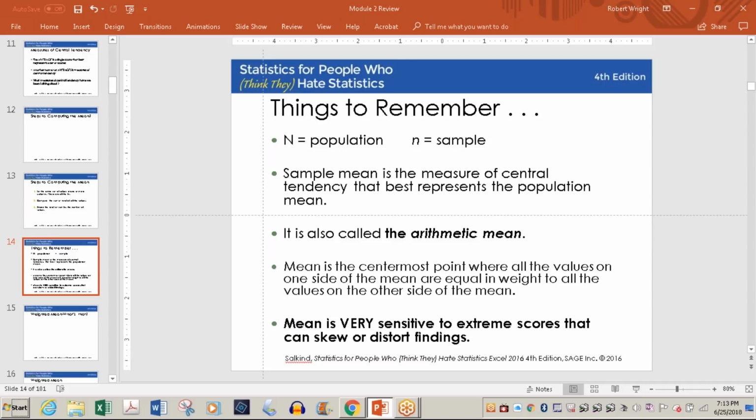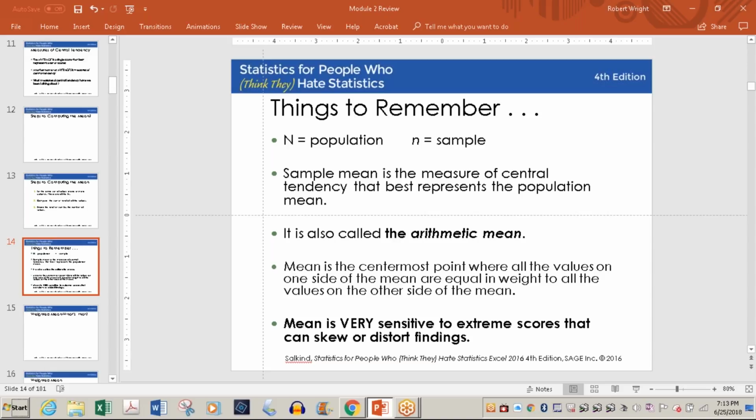Starting off with N, when you have the capital N, that refers to the whole population. That means everybody, the entire 5th grade of the Dallas school district, as opposed to the sample, which is the 5th graders at Jones Elementary. Okay, so large N is the entire population, small n is the sample.